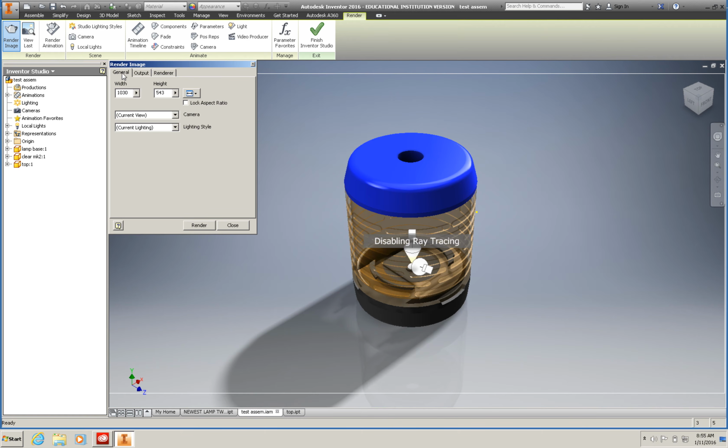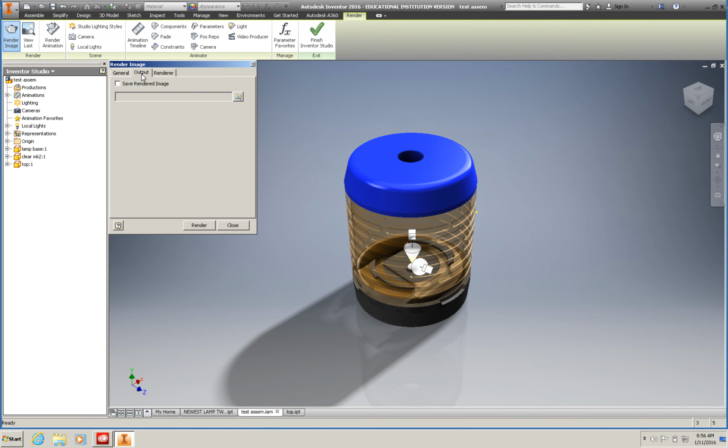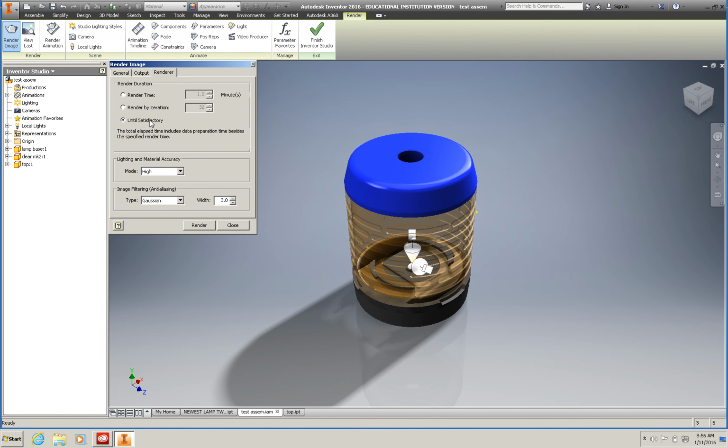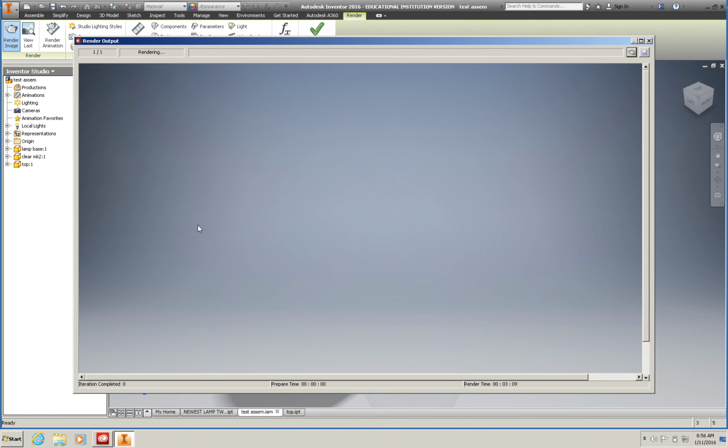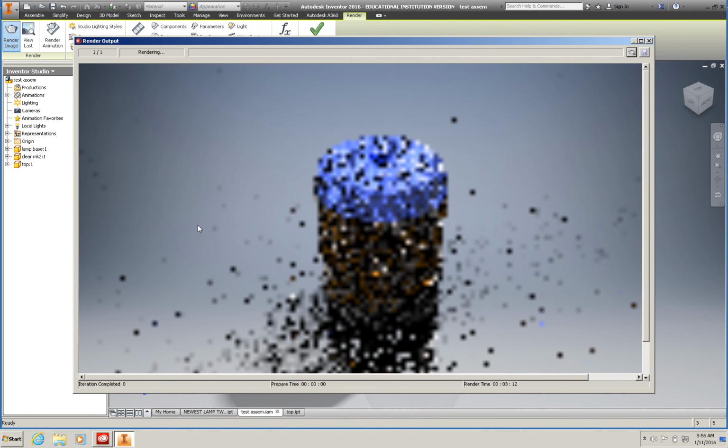Now, in the general, with the width and the height, that's the size of our image. I want to go select output size, and I want to click on active view, just to give us a nice large image. I want to go to renderer, and I want to change this until satisfactory, which means that we can leave it rendering until we end up with something that we're happy with. And now I'll click render, and it will pop up this screen, and it will start to render a nice